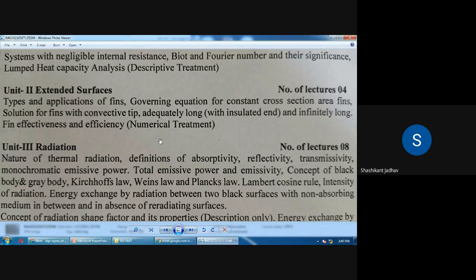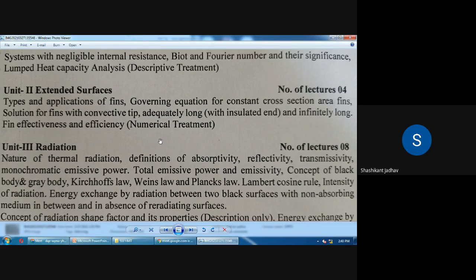From this equation we have to understand what way we have to improve the Q. What is the equation of Q? Q is equal to h into A into delta T. But for the design consideration we have to maintain the same, or constant, temperature difference. So what is another way to improve the heat transfer rate?